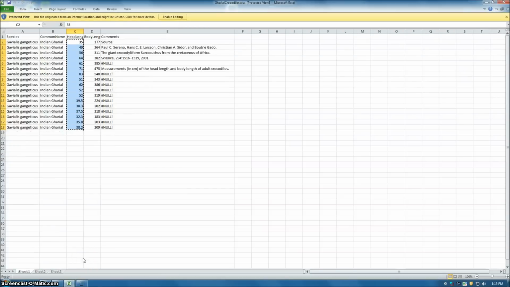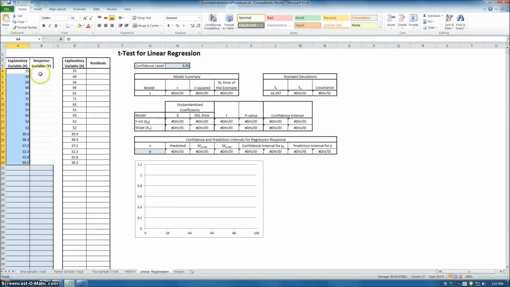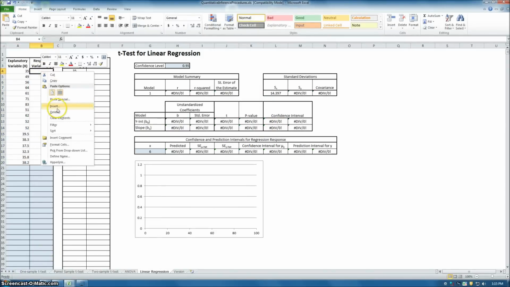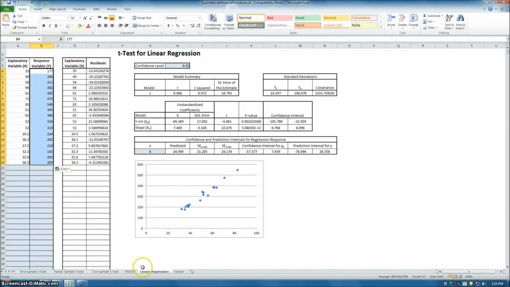And then we're going to take our body length and copy the body length into the response variable. Now remember that we're doing this all in the quantitative inference procedure Excel sheet under the linear regression link page down here at the bottom. Okay? Now, question 3 asks for the scatter plot, which is given right here in the bottom right-hand corner of